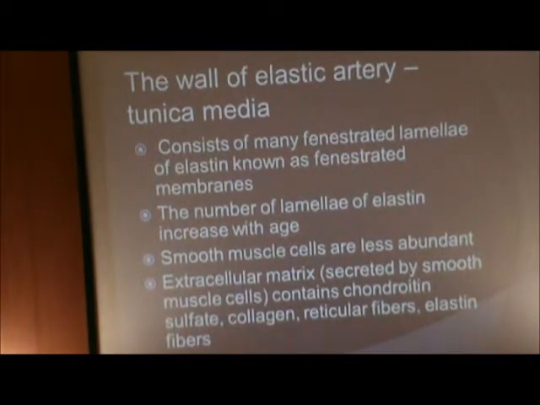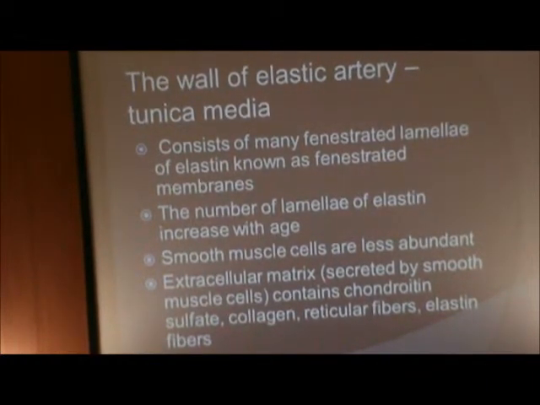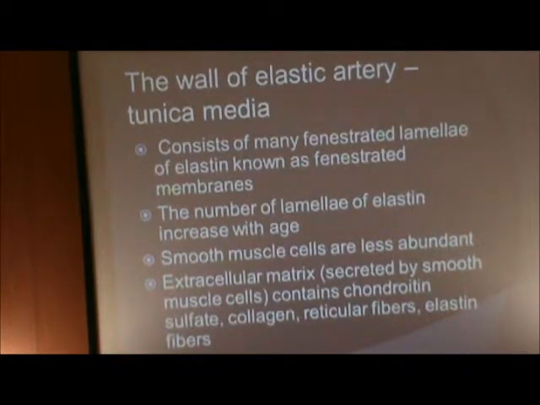Between each elastin layer, smooth muscle cells are situated, collagen is situated, and extracellular matrix is also situated, because components of extracellular matrix are produced by smooth muscle cells. This is tunica media of elastic artery,